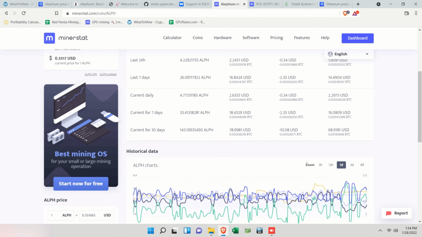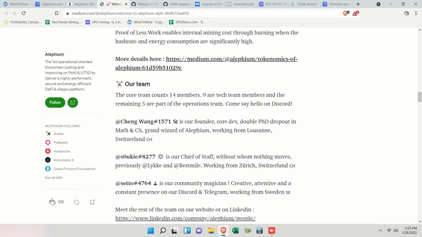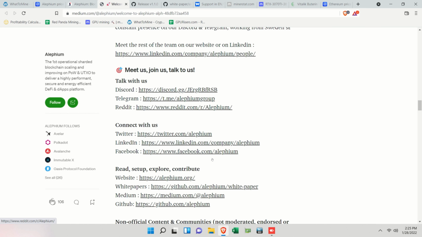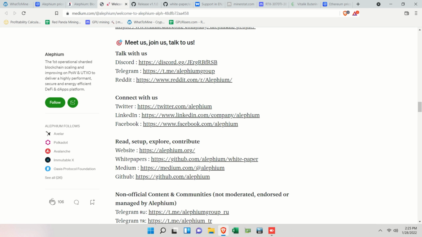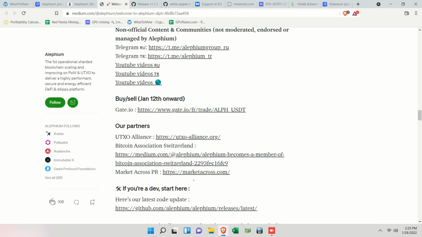So now we can go ahead and jump into how to actually mine Alephium. The first thing you guys are going to want to do to mine Alephium is to scroll down on the medium.com page. I will post this in the description down below. It has a little bit of everything on here that you need. But right under here, it says if you're a dev, start here. It gives you a GitHub link for the Alephium